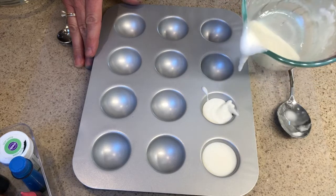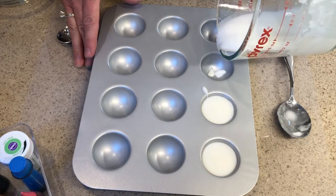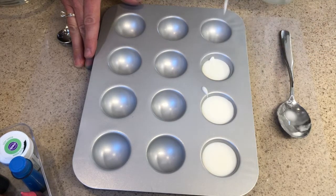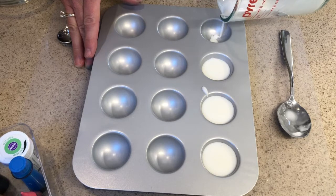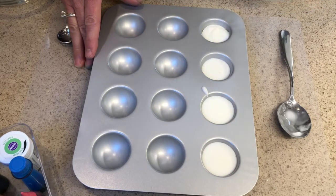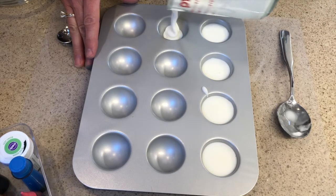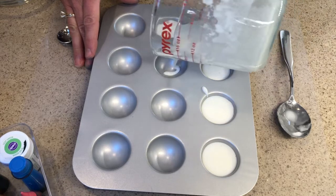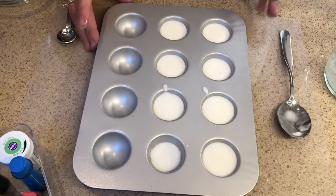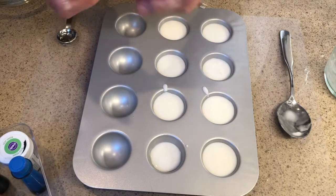and you see the paint is still white, and the reason I'm doing that is because I'm going to mix the paint colors in once I have the tray filled up. That way I can create a large batch of paint and then put the colors in individually into the little cakes. All right, so I have all of these filled, and now I'm going to take my food coloring,